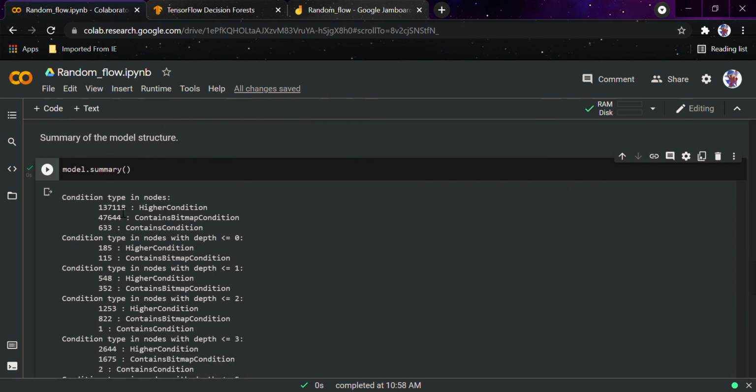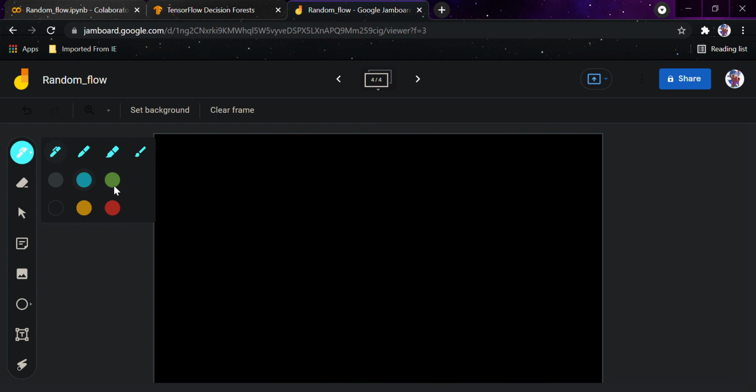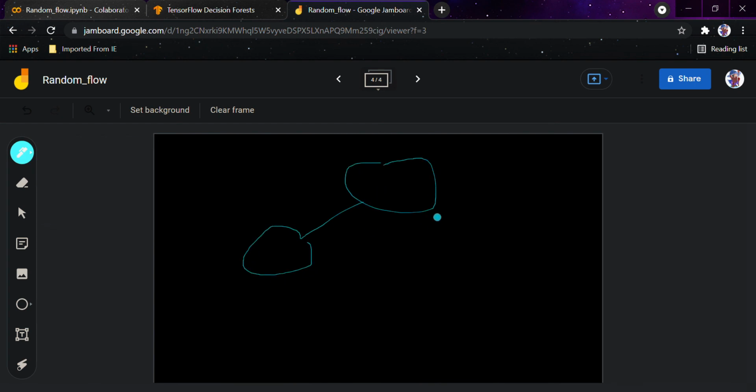You can see condition type in nodes with depth greater than 0. Anyone who is familiar with trees would know what depth means here, and I would just show you an example. This is the tree, and these are the nodes.